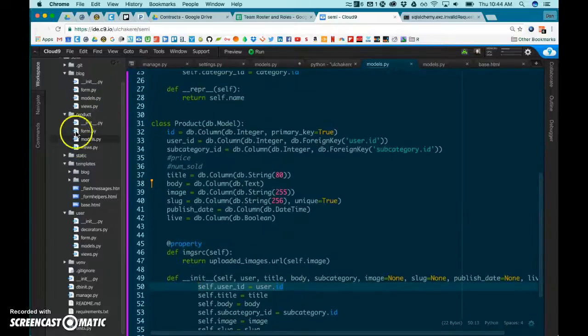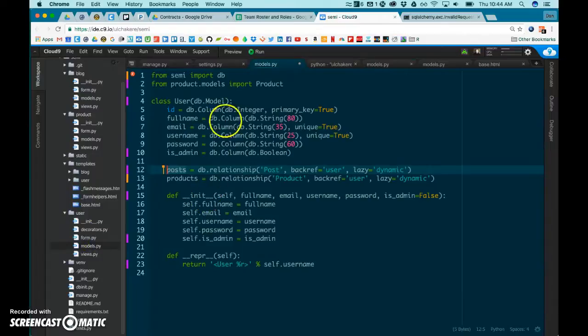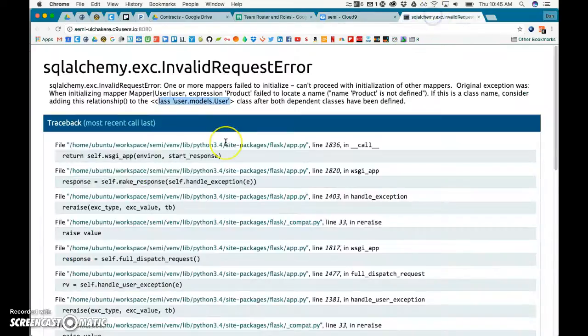We even tried to see inside the user model, maybe if we imported that, would it then realize what's going on? And that did not seem to work. So that was a failed potential fix. So I'm scratching my head at the moment to figure out what change we need in order to address this